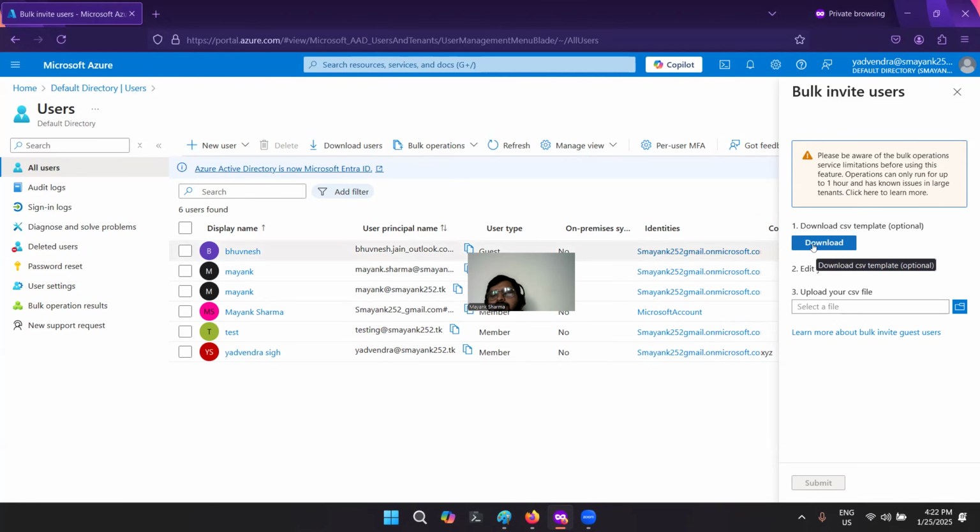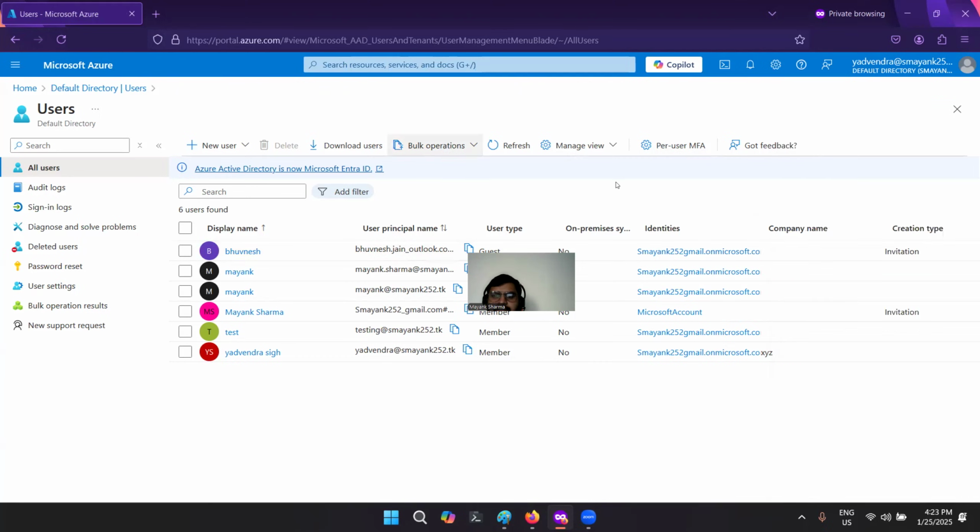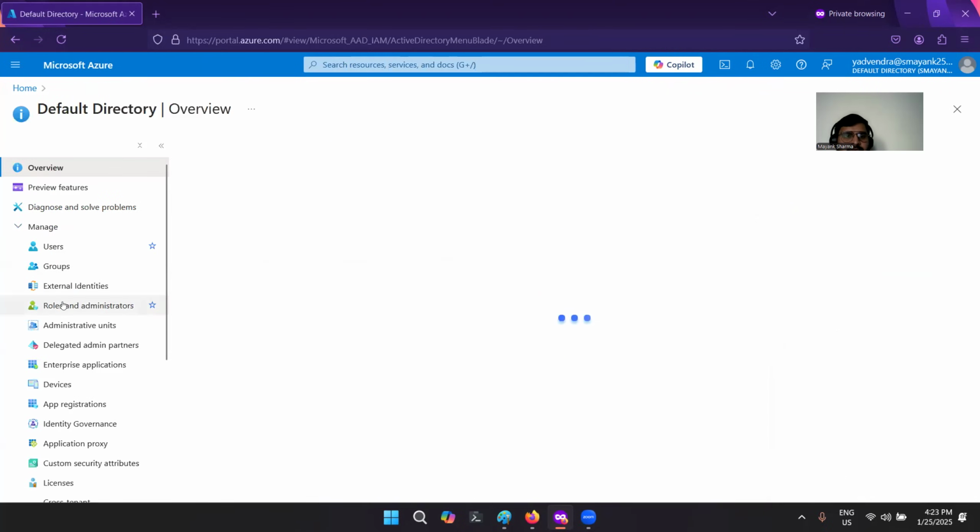Okay, so this is also a way, and this is for those users who are very new to directory services. If you already own a directory service, or if you have some kind of user management tool, then this step is not required. But if your organization came from a background where you never used a directory service, then yes, you can add all the information in the Excel, and then it can be uploaded. So this is the third approach that we can take. Now, let's jump into other things.